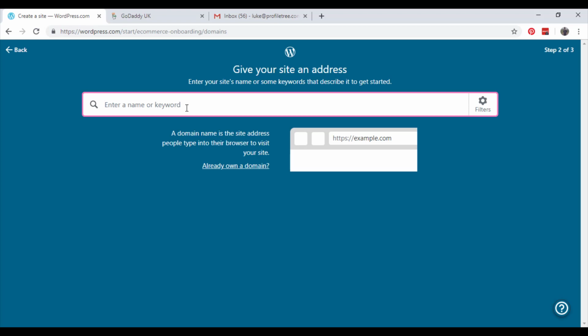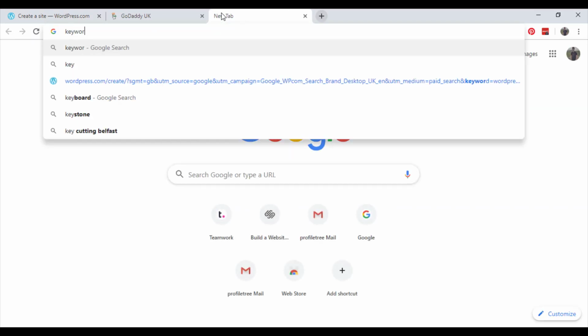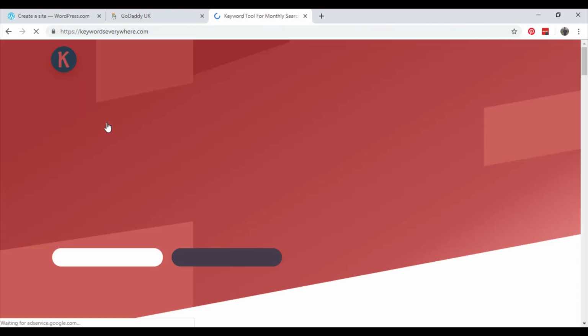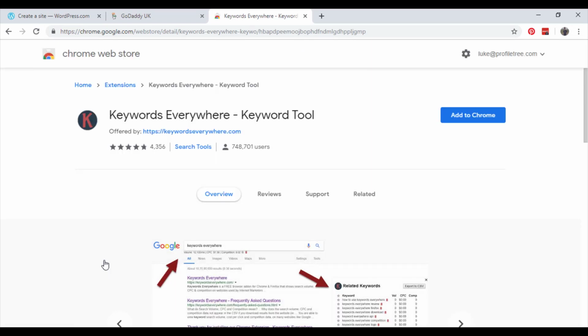And a quick and handy way to do that is to download an extension on Google called, I'll give you a little second if you want to write this down, it is called Keywords Everywhere. So if we open a new tab, type in Keywords Everywhere, click on the first page, and install for Chrome. It will then take you to the extensions page where you will click add to Chrome, add extension,